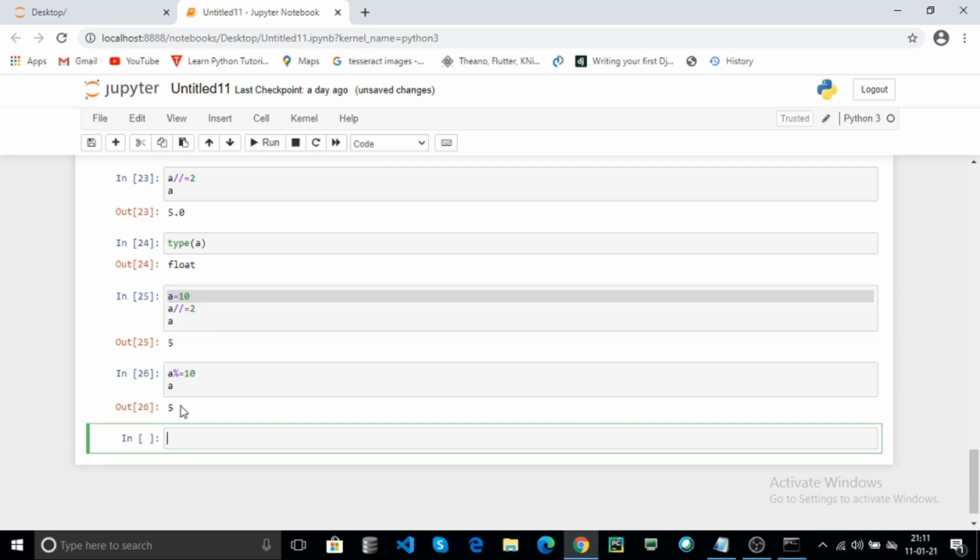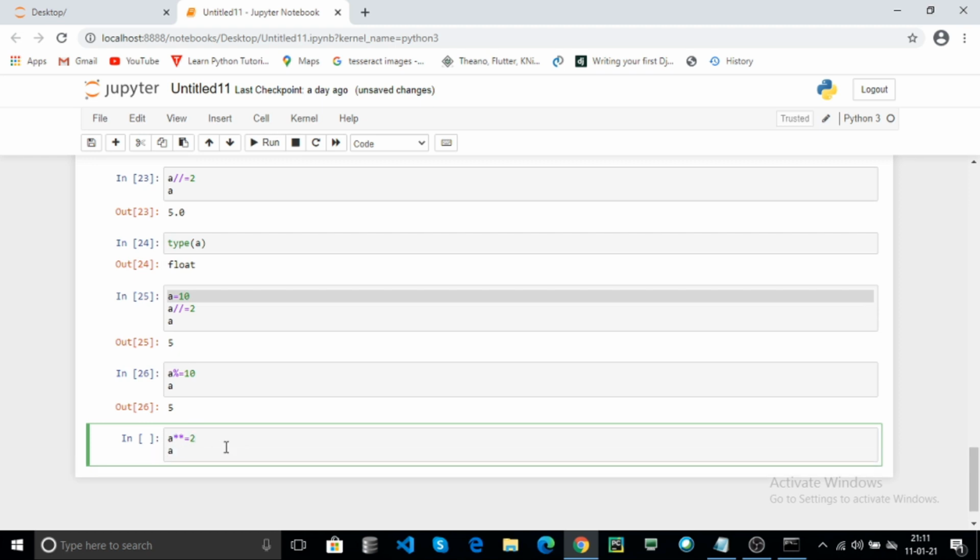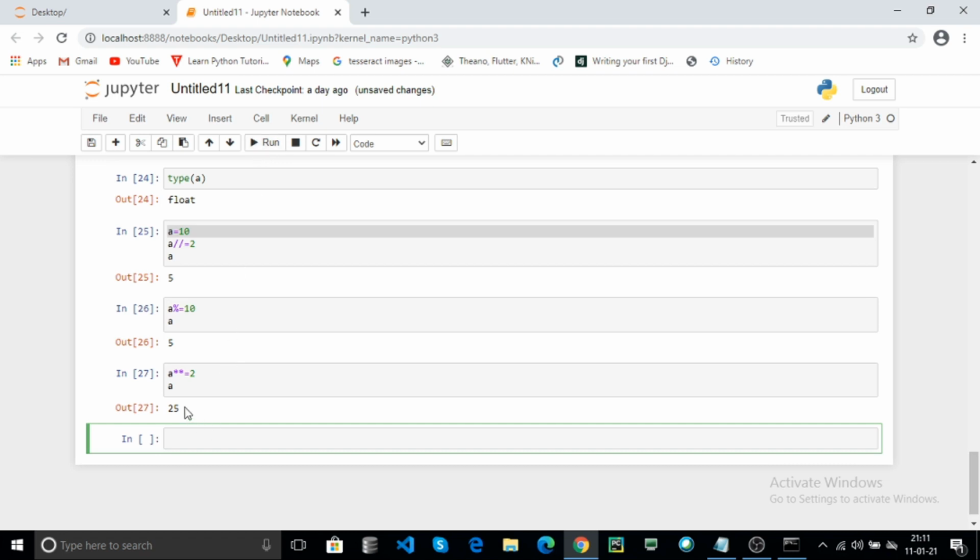Here a contains 5. Here a contains 5 power 2. Here 25 will be stored into a. Now relational operators.